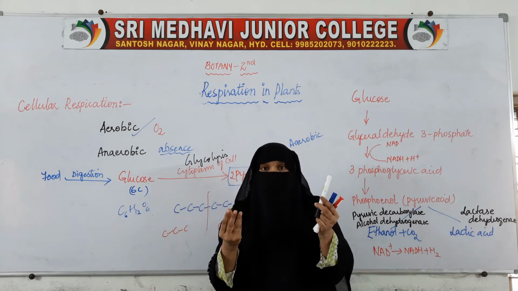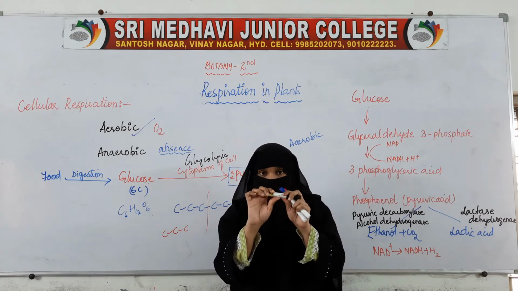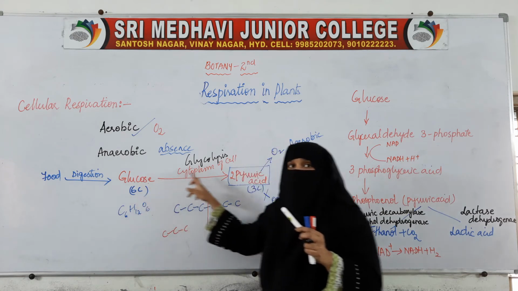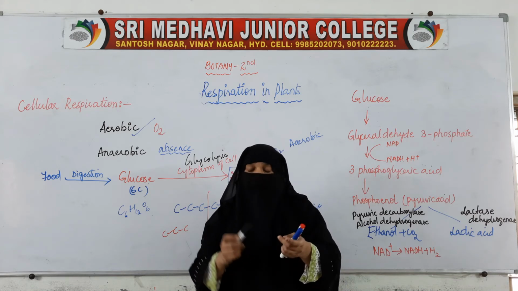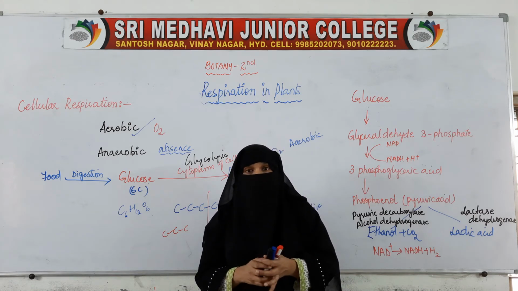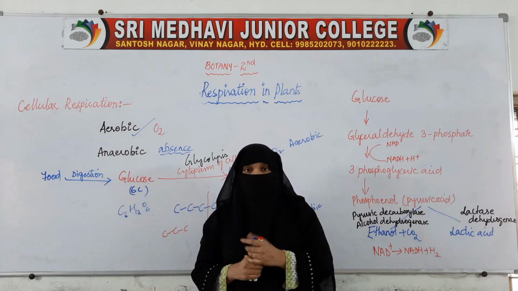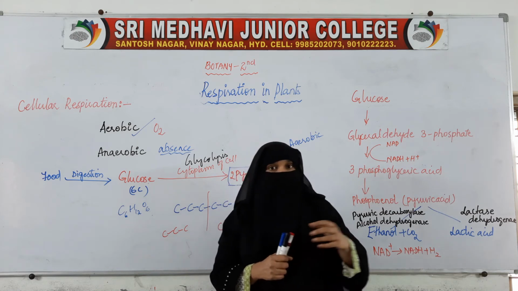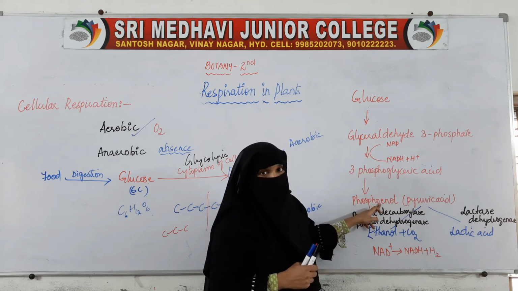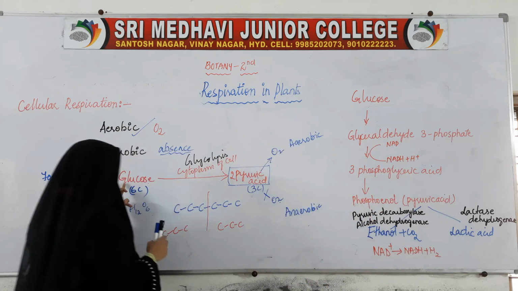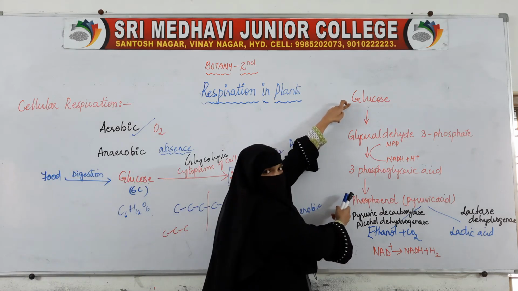It is not that easy. It is not that simple. It is not taking place in just one reaction. For this glucose to convert into pyruvic acid, many intermediate reactions will be taking place. I will be explaining all those reactions in detail in the next video when I take up glycolysis. But as of now, here this glucose will be changing into pyruvic acid. What I have written is that this glucose breaks down into pyruvic acid.